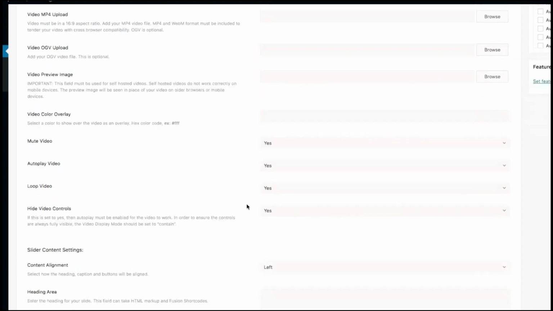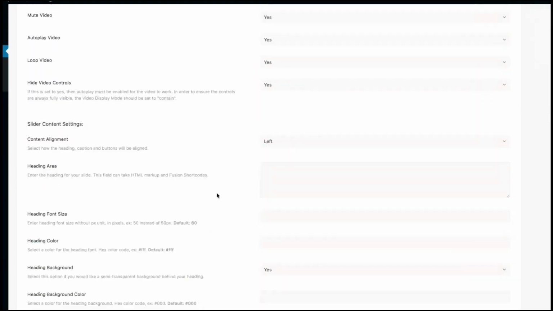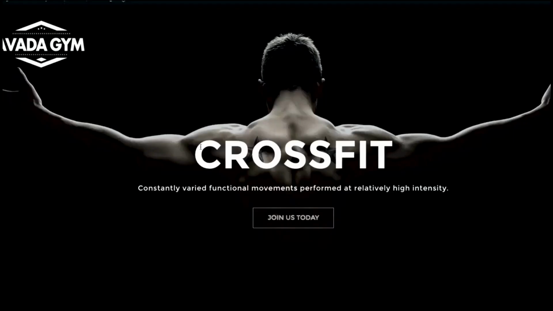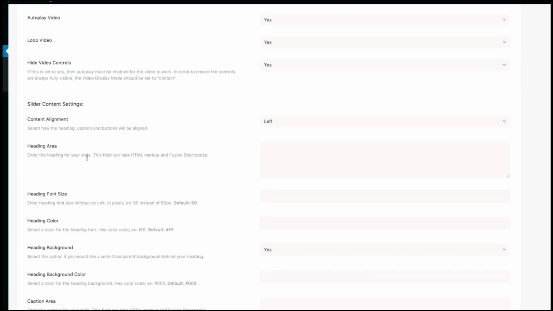Those are all selected. It's pretty self-explanatory right here. And of course, coming down here, you'll go to the heading area. This will be where you actually put the type. So you have a heading, like an H1 heading right there, and then you have something underneath there. All right, so the heading area, you'd put it right there, the size of the font that you want,